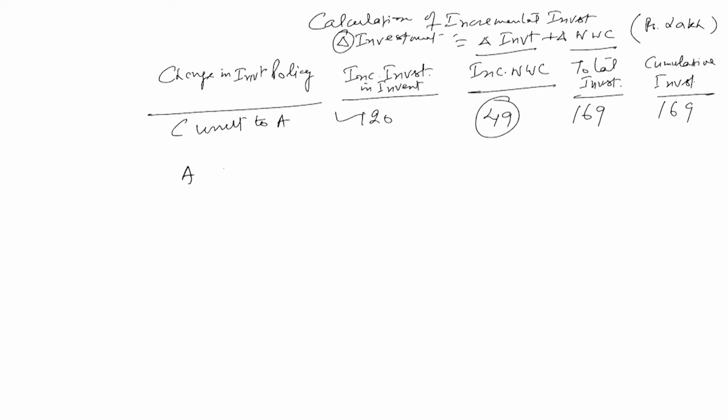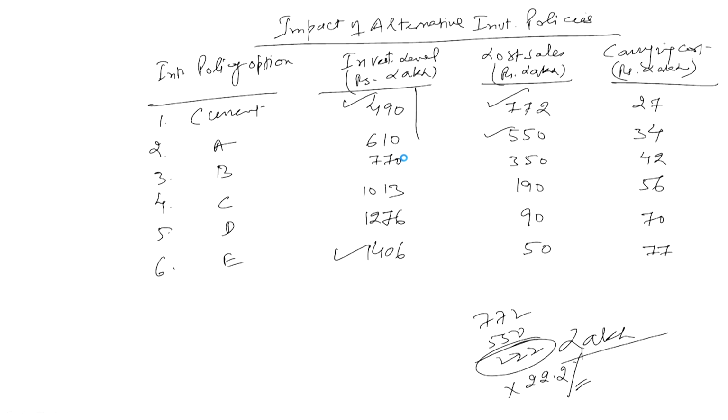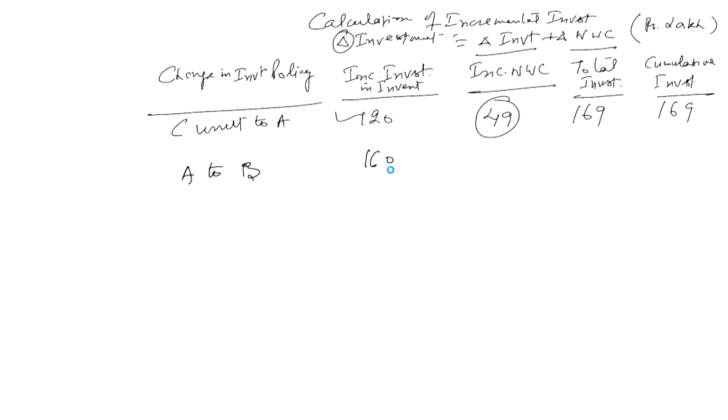So now let us move from the policy A to B. So it means policy A to B here. When you move from the policy A to B, how much incremental investment in inventory we are going to make here? 160 lakhs, because in the previous part we have seen the investment in the inventory will be how much? That is from 610 to 770. So it means the 160 will be the increased investment in the inventory,